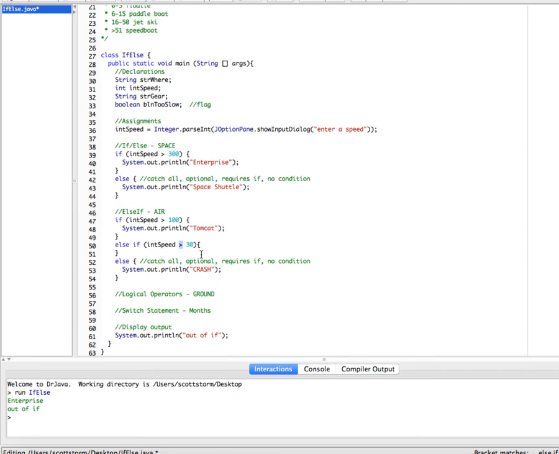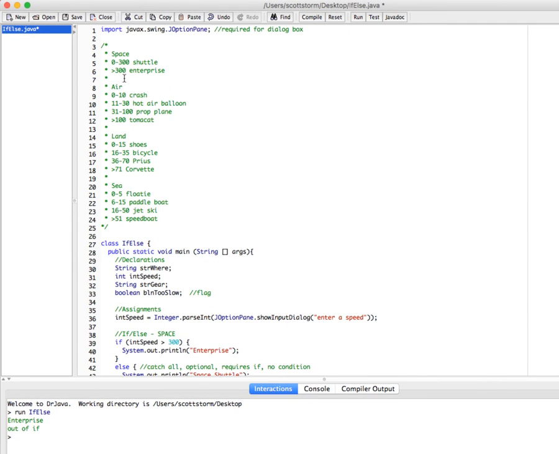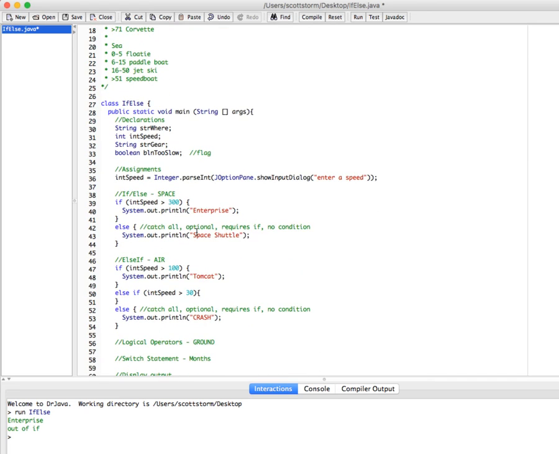We never want to go back and forth between our greater than, less thans. We always want to stay greater than. It keeps the program easier to manage. So now what we're doing is we're saying if int speed is greater than 30, okay, so 30 does not count, but 31 does. And so our int speed is 30 right here, 31 to 100, then we need a prop plane. So we'll just copy this line right here,